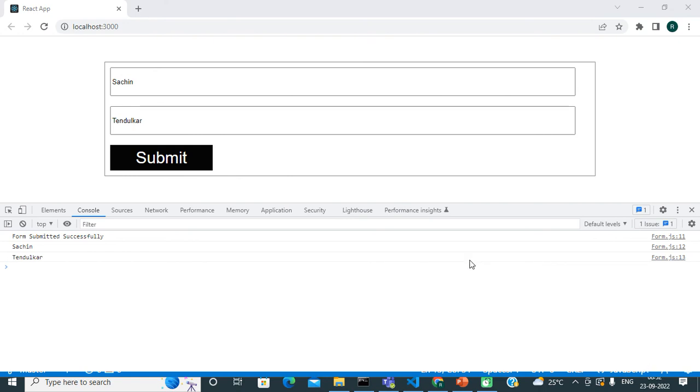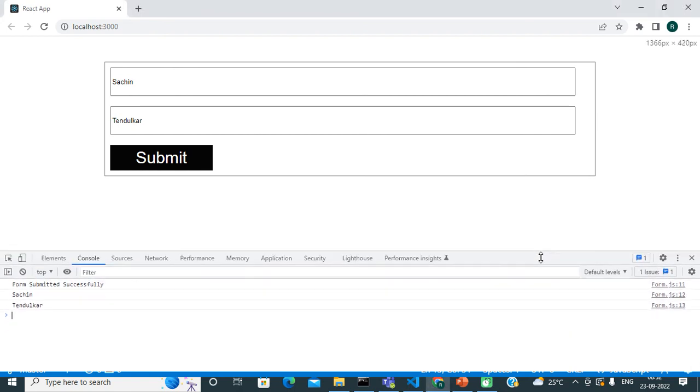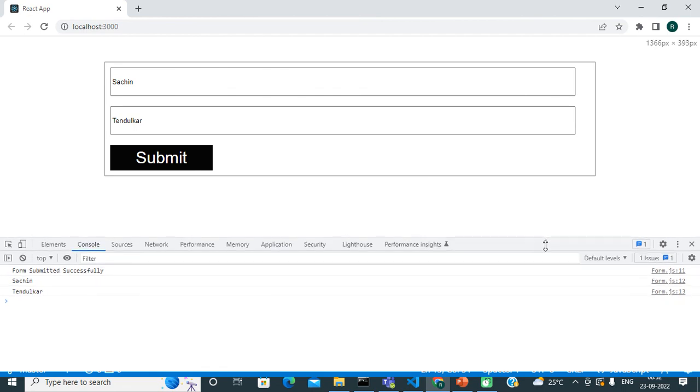Okay guys, so this technique is also known as controlled component or data binding in React.js. For simplicity I have initially used one input field element, and after that I added another input field element, and this is just normal form handling in React.js. We have started from the very beginning, so that's why I am keeping things as simple as possible.